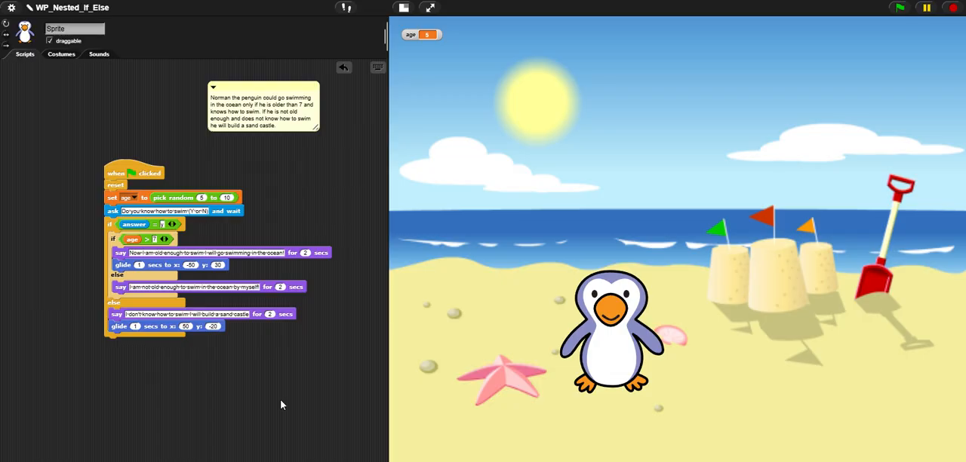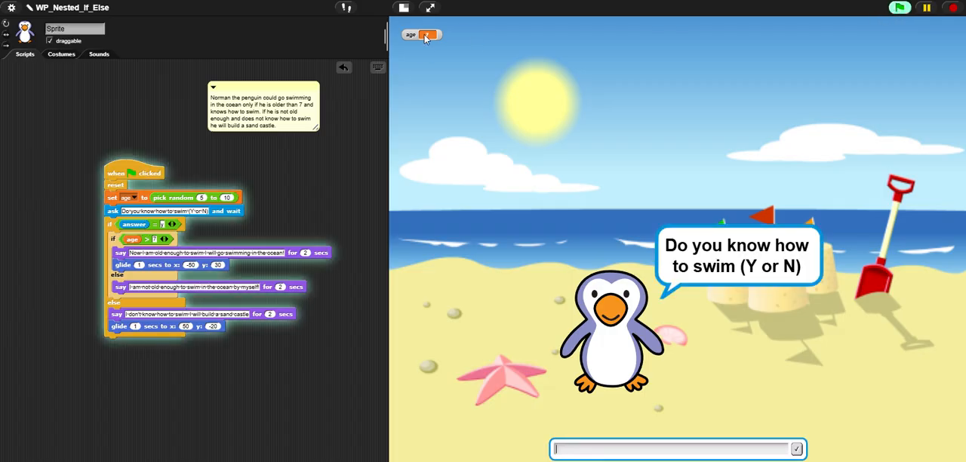This program helps demonstrate how nested if-else statements allow multiple conditions to be checked to produce different outcomes. My code works by using nested statements to check two conditions, as I mentioned before, the age and the answer. So if I click the green flag here, it automatically sets the age to 7. And if I type yes here, and then it will go to